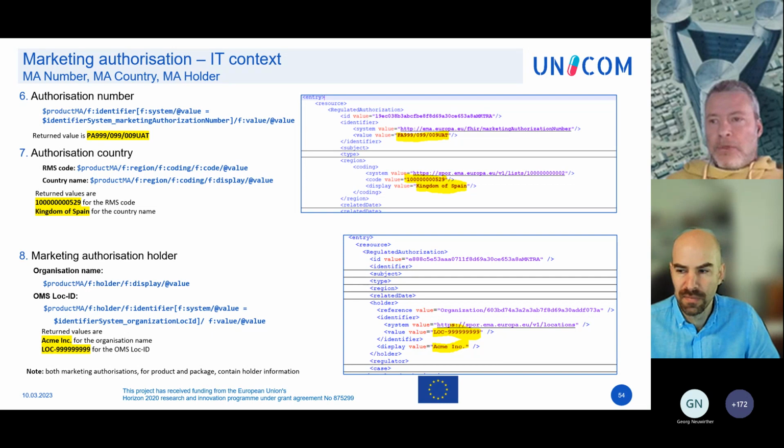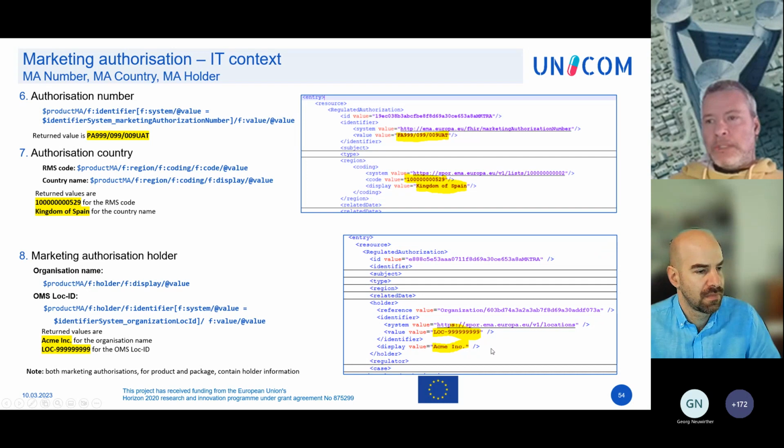Marketing authorization holder. As Noel said, if we just want its name and its location ID in OMS, we don't need to jump to the organization resource because those two pieces of information are already contained inside the holder element of the regulated authorization.